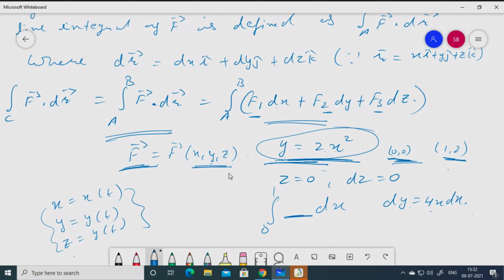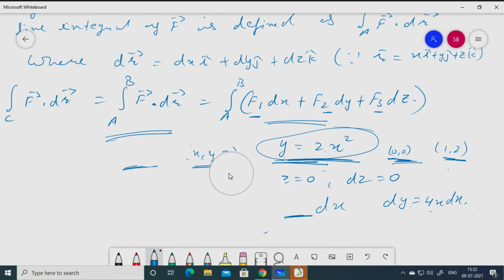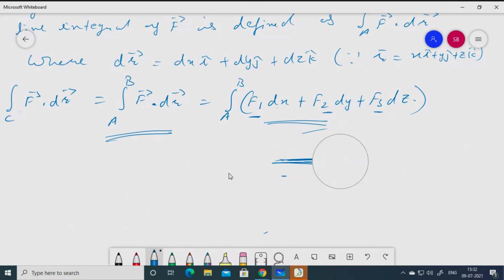So now the whole question will be converted to which variable? The t variable, which you need to integrate with respect to t by substituting the limits of t. Understood all of you the procedure? Yes, ma'am. Okay, so this part you have to do. Let me rub this all. So either the curve will be given in the form of parametric equations or as a direct curve. Direct curve given means you have to convert the whole question into one variable and then solve the problem. Hope this is clear to you people.